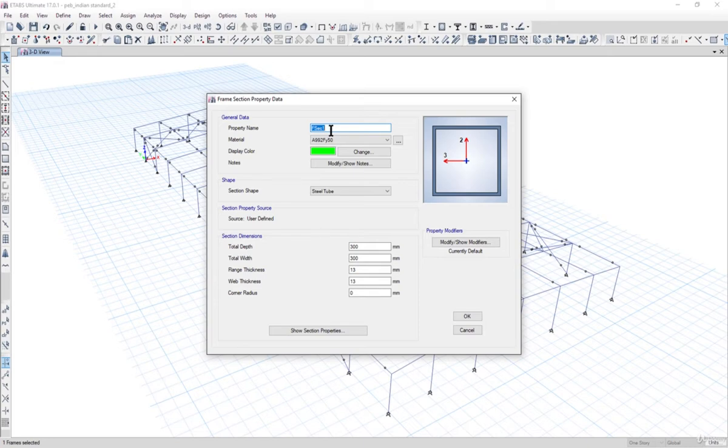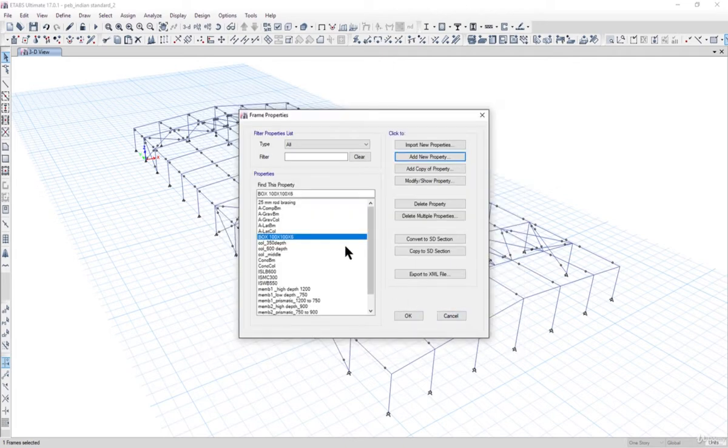So we need to enter the name here, that is box 100 106. Material is Fe345, and we can enter the size here, that is the depth and width. Flange thickness has to be 6 mm, and the final section looks like this, and left click on OK.